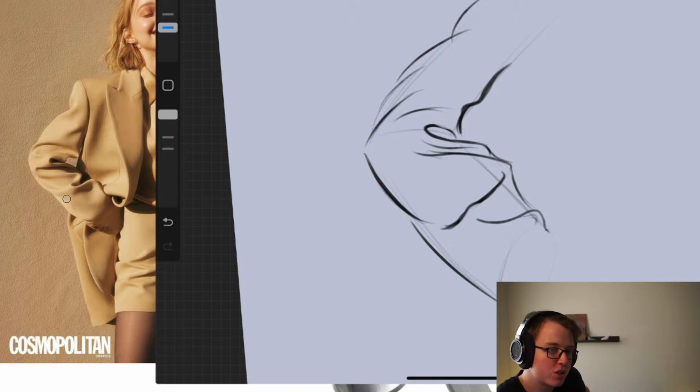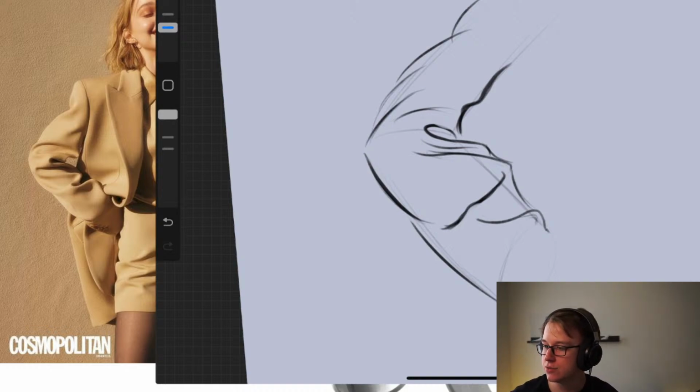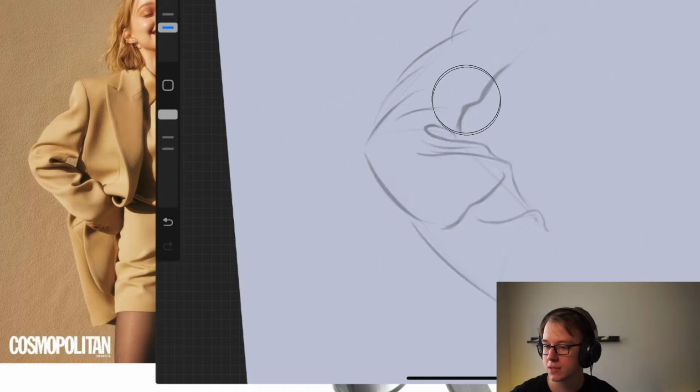Like I say, you can focus on the proportion, or you can focus on the construction. We're focused a little bit more on construction, but here we could try and bring some more of the proportion and design back into the piece. So try and nail some of these negative shapes, kind of right in here. I think your form is pretty good, but we could try and find this little negative shape here and then